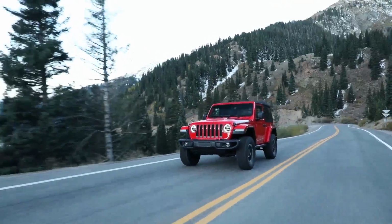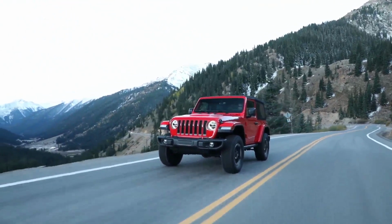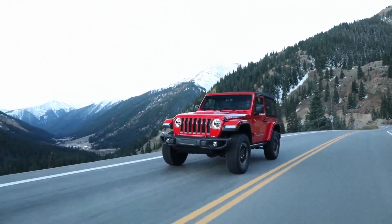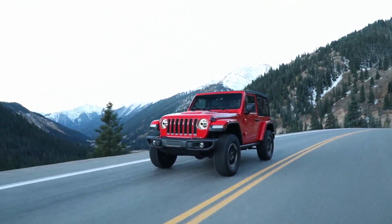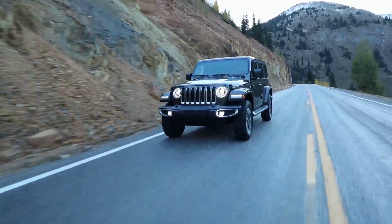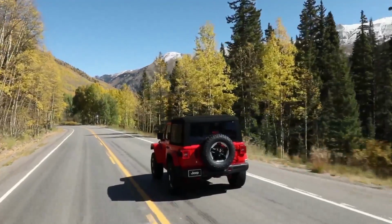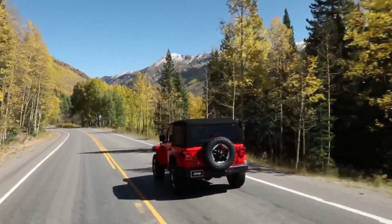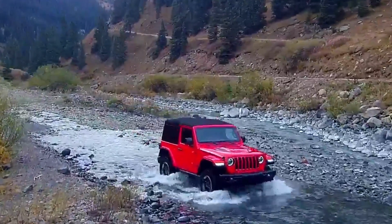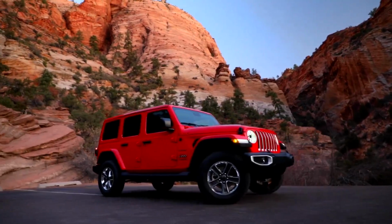When it comes to everyday comfort and usability, you have to be willing to compromise with the Wrangler, because this is a dedicated off-road vehicle that's designed to do things that a regular SUV just can't do. Now, having said that, there is a lot of variety in the Wrangler lineup, and there is a little bit of something for everybody, depending on whether you're looking for more of an everyday on-road vehicle or if you're looking for a dedicated off-roader. The Wrangler lineup does have so many different variants to choose from, including various special editions